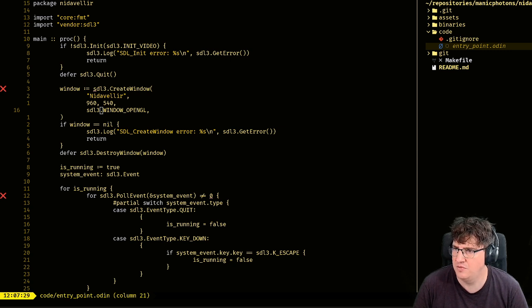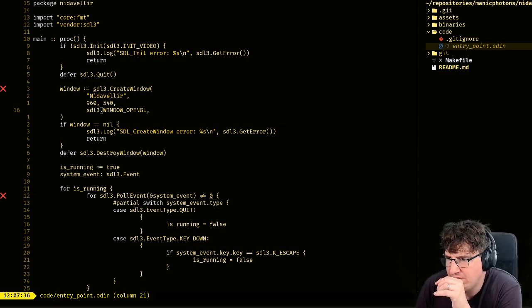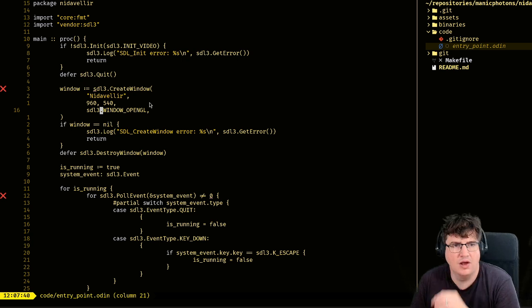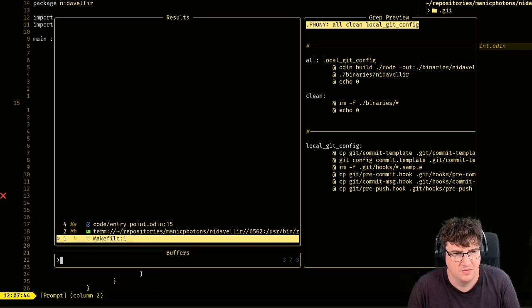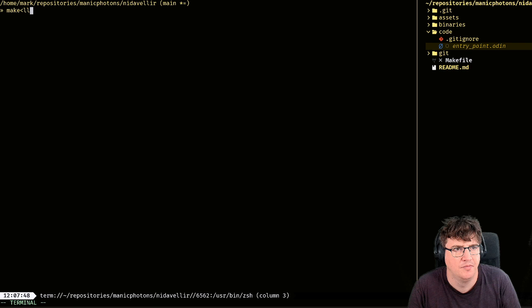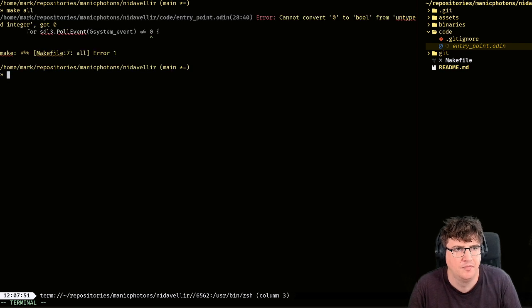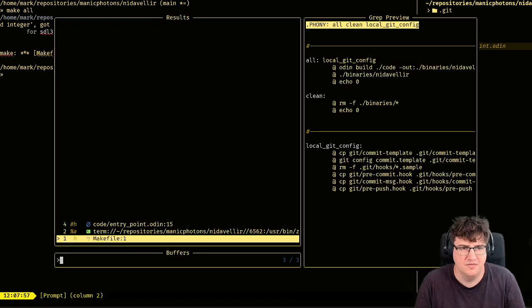Related constants, OpenGL, yeah. And while I'm just double checking here, do I have anything? No, okay, I think that works. Let's try.